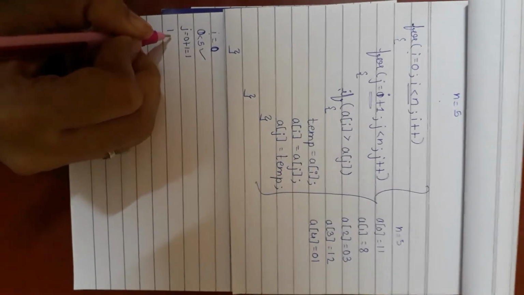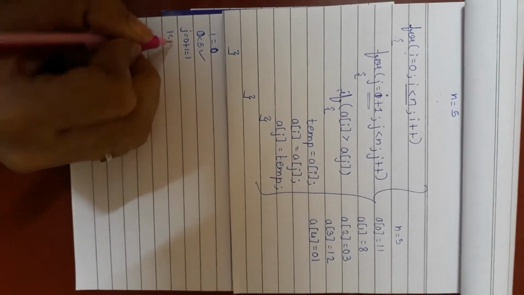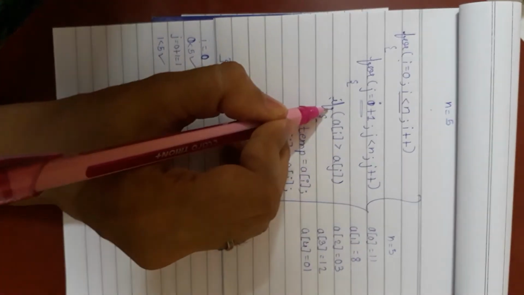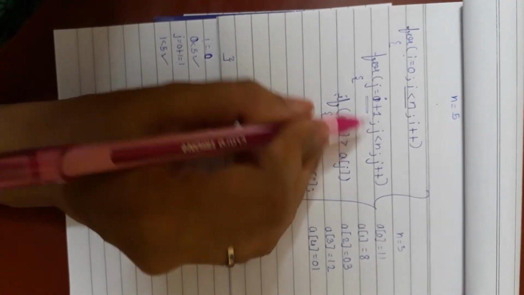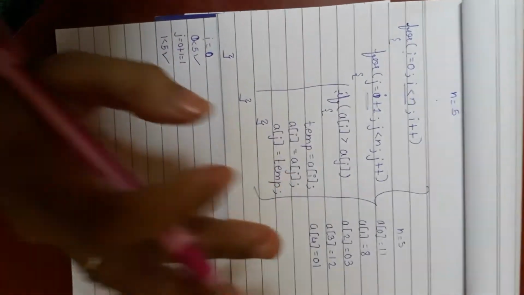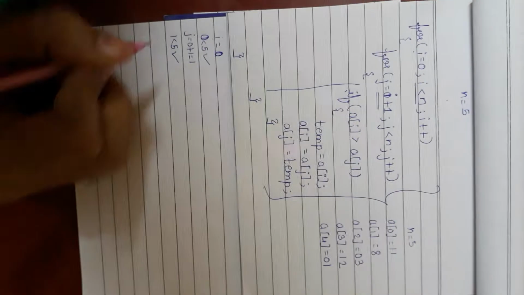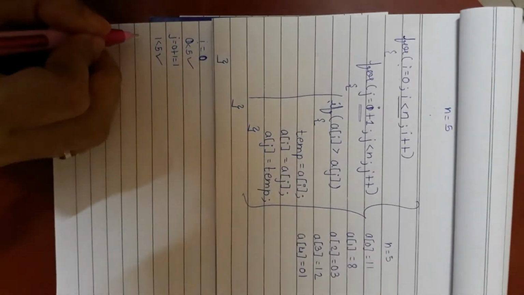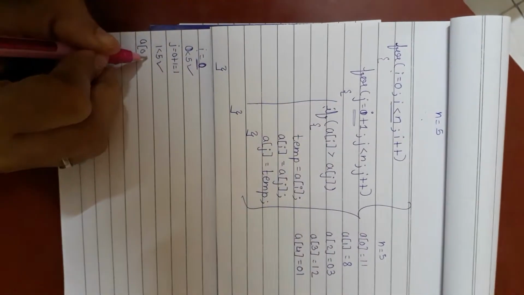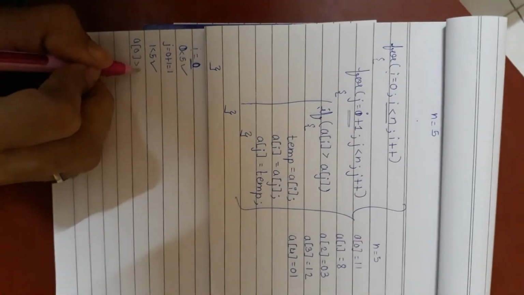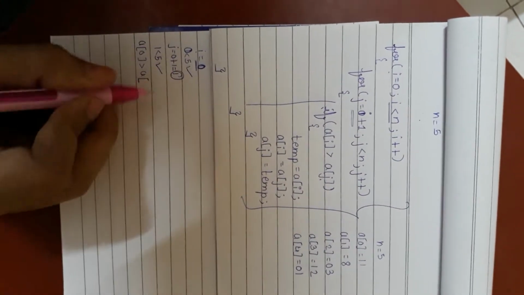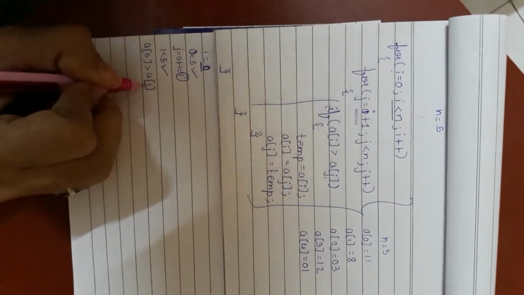Again the condition checking will be there, that is 1 less than n, that is 1 less than 5. Yes, the condition is true. So now we have written the if block. As the condition is true, we will enter inside the for loop. So the if block is present inside the for loop. And in this particular code, what we have written? a of i, what is the value of i? 0. So a of 0 is compared with a of j. What is the value of j variable? Just see here, 1. So a of 0 is compared with a of 1.